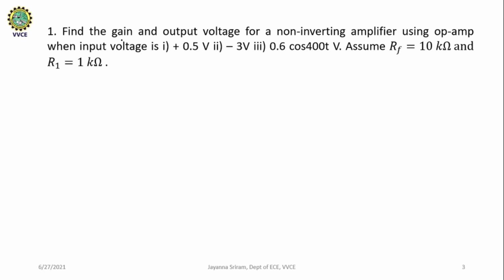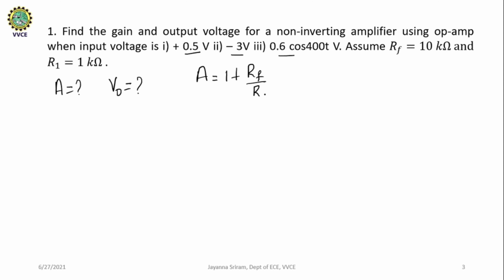So first we need to calculate the gain as well as the output voltage for these combinations of input. We know that the gain of a non-inverting amplifier is given by 1 plus Rf divided by